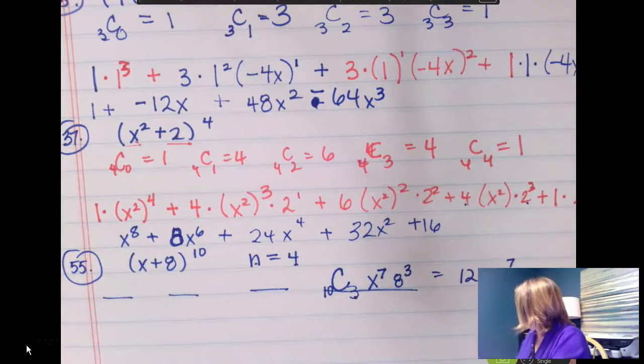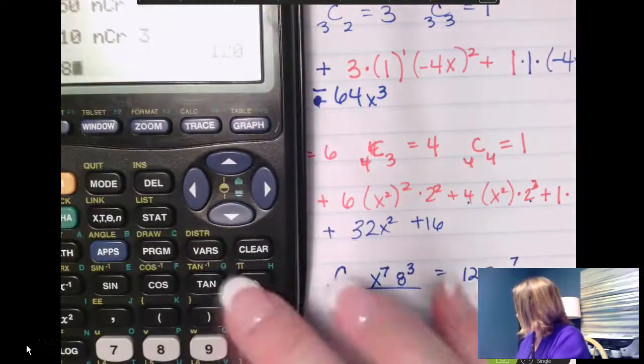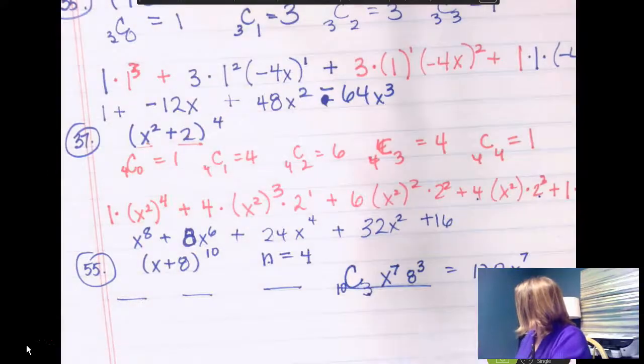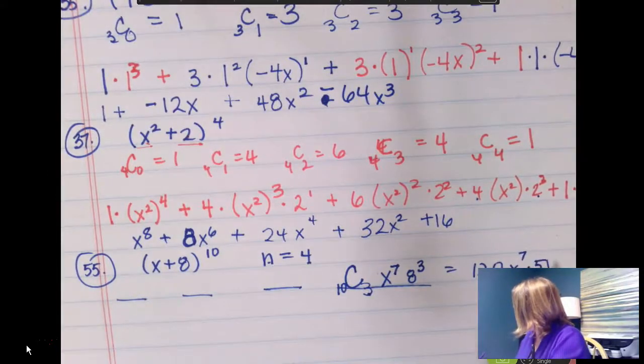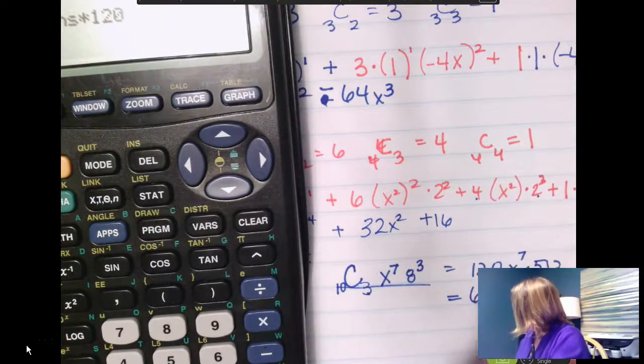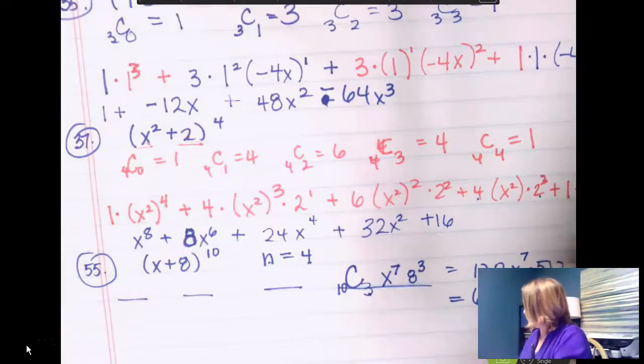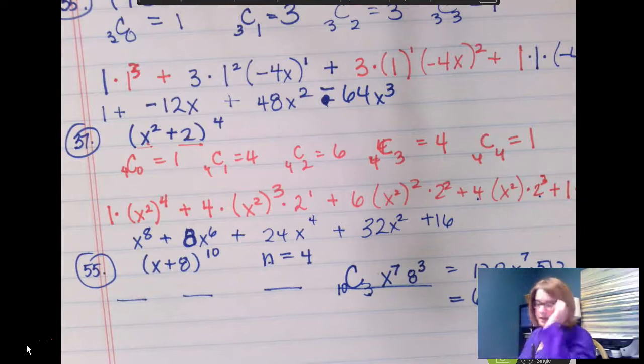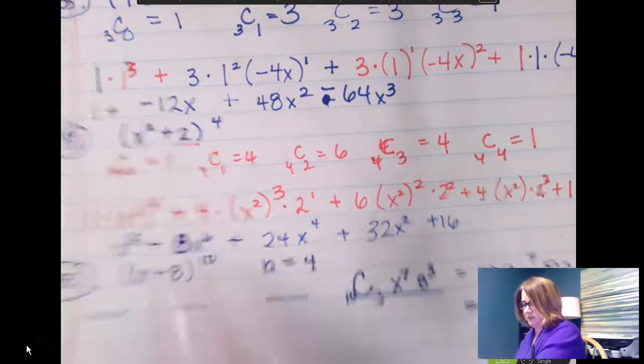And we'll have x to the 7th, and then we still have this 8 to the 3rd. So that's 512. 120 x to the 7th times 512. So that is going to give us 61,440 x to the 7th will be the fourth term of x plus 8 to the 10th. In number 67, let me get a new piece of paper here. So in number 67,